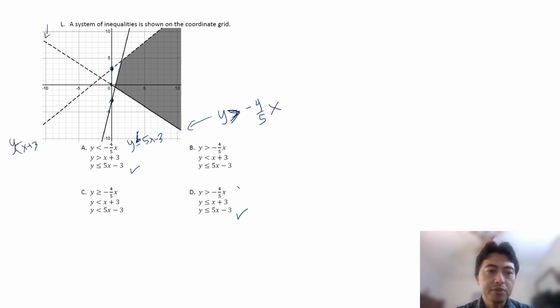So it's where this one is. And then it's below the x plus 3. So it's this one. So B has all of these lines in this choice. So the answer is